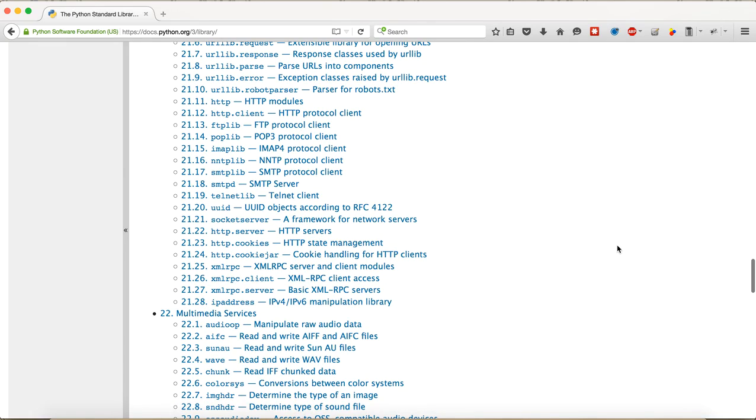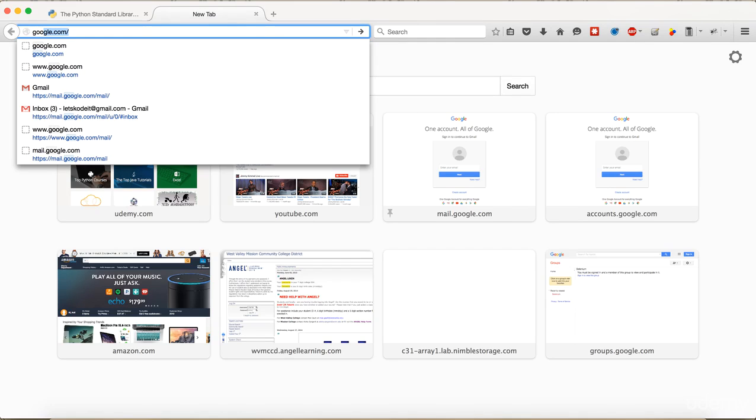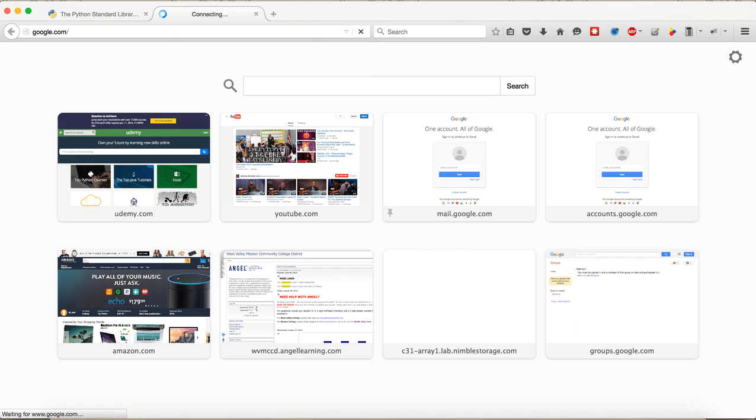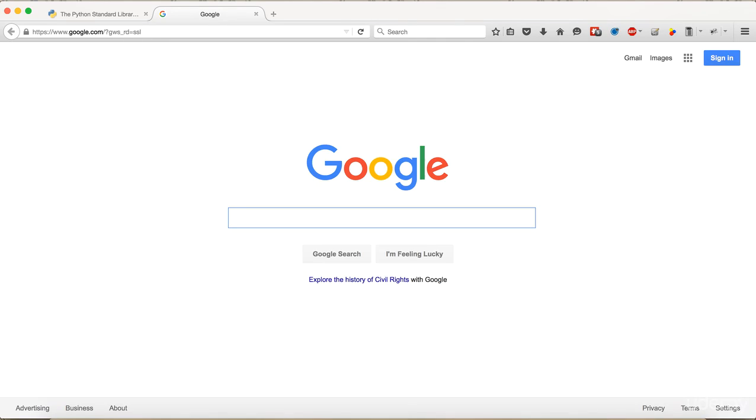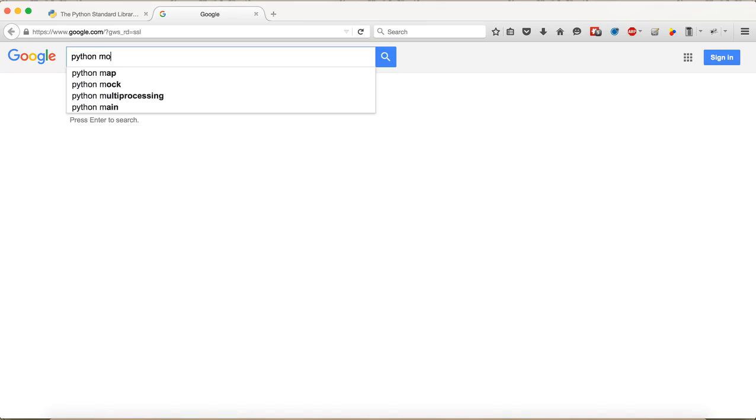And how do you know which module? You will definitely know which application you're working on, right? Depending on the kind of application you're working on and the kind of work you want to do, just google for some kind of module available in Python, and you will find something. So let's say I'm just trying to calculate a square root or something, right? Maybe I can search for Python module for math or something.